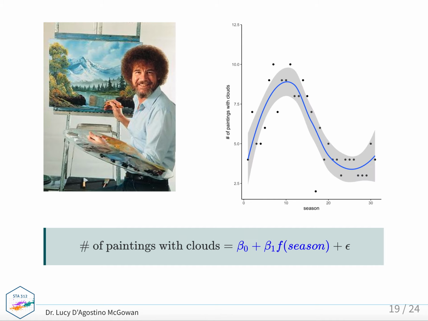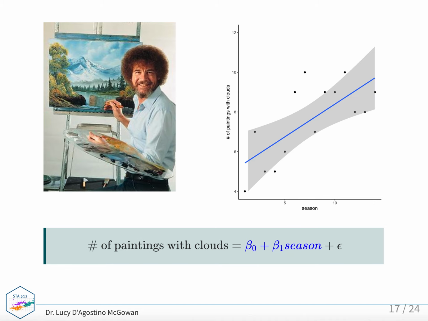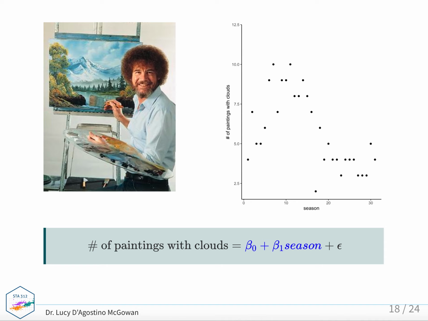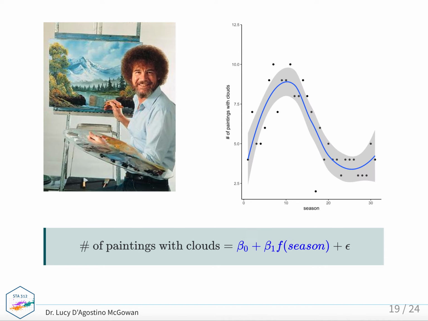But what if it looked something like this? If I include more seasons, and I don't cut off the axis, if you notice here, the x-axis has increased. Originally I cut it off around 15. But if I go all the way to 30, we have a very different picture.